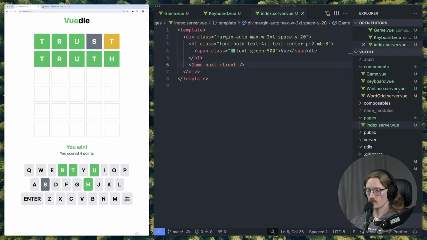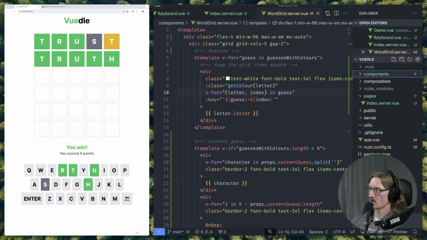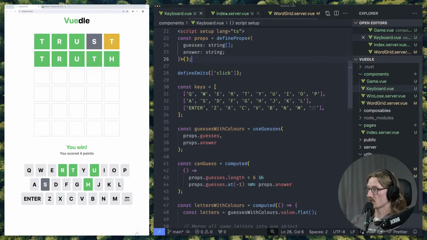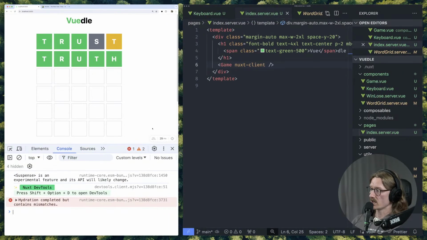We've got these two components that are server rendered. Our word grid is entirely server rendered. Every time we enter in a new key, it gets re-rendered with that new data. Every time we update this, the win-lose component will get re-rendered. Most of the time, it will just return nothing. So that is potentially an interesting optimization that we could look into in another stream, is that if we keep sending props,